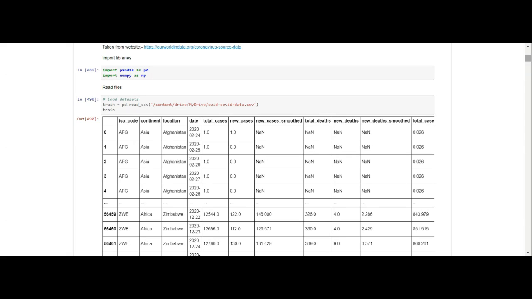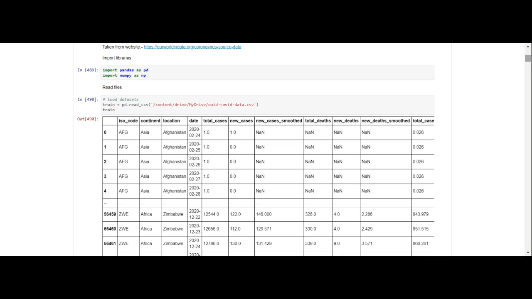And after I imported pandas and NumPy, I imported the most recent version of this data set that I stored on my Google Drive, because it's too big for me to store on a GitHub account. Although I understand that there is actually a version of a COVID-19 CSV file on a GitHub account, I just made the decision to store it on my personal Google Drive.